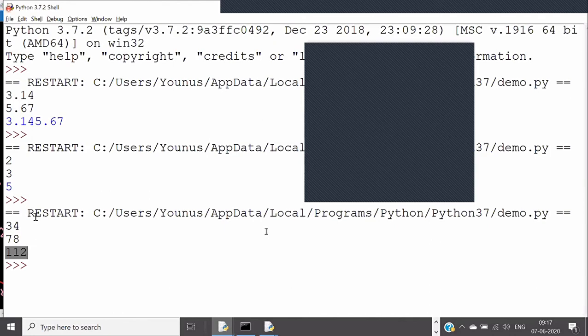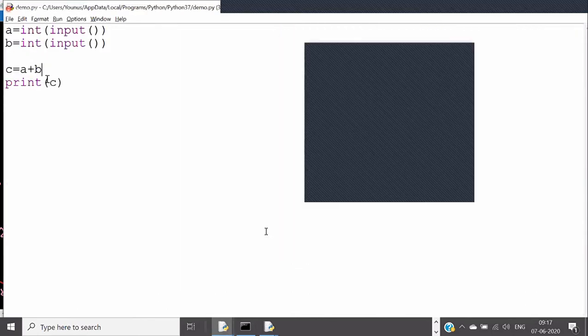That is something I will teach you, but it requires more knowledge. If you want, I will show you at the end of the session how to take input in one line. Sometimes it's required for competitive programming that you want to take input in one line. It's possible, guys. Python is so interesting. But now we are writing in two different lines. We can write in one line also.